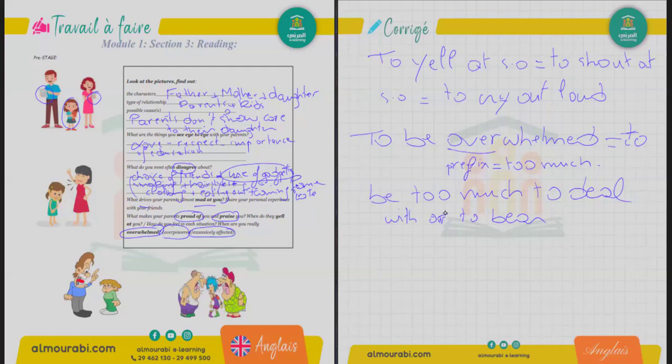You become excessively affected. Because of what? Because of the reactions of your parents. Namely here, yelling at you or shouting at you or crying out loud. I think that doesn't solve the problem if your parents all the time shout or yell at you. All right. So here, I just wanted to explain and start my lesson explaining this new expression here, overwhelmed.